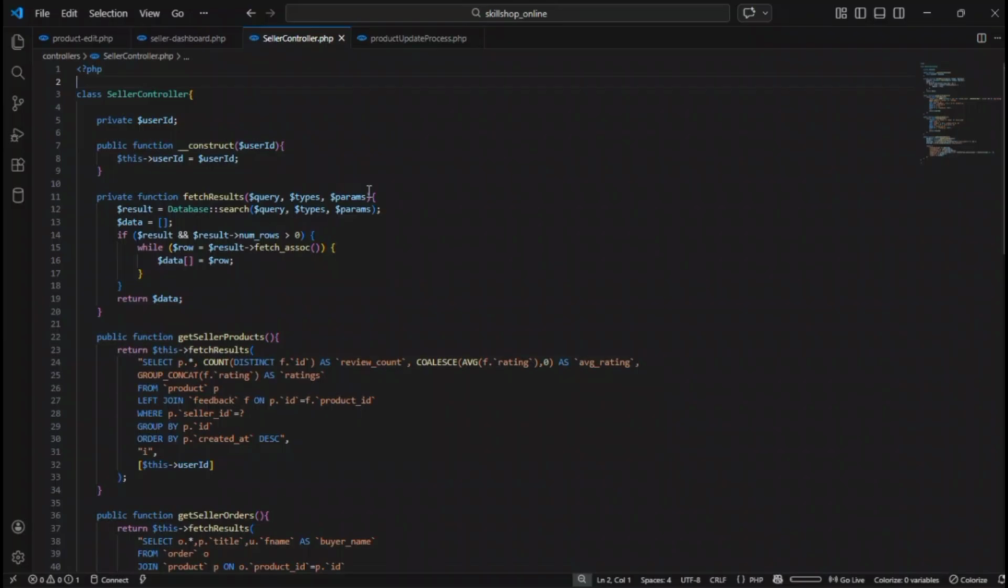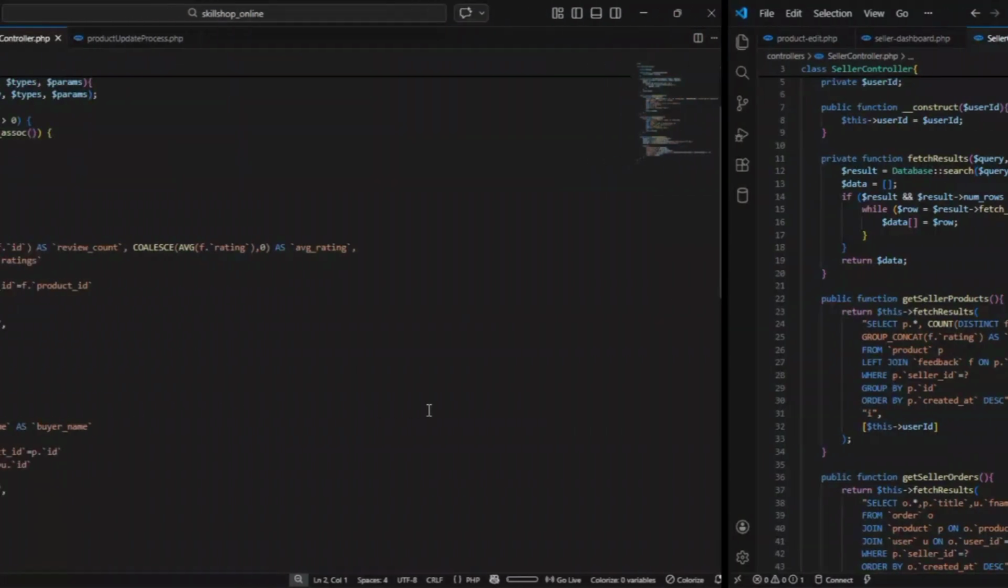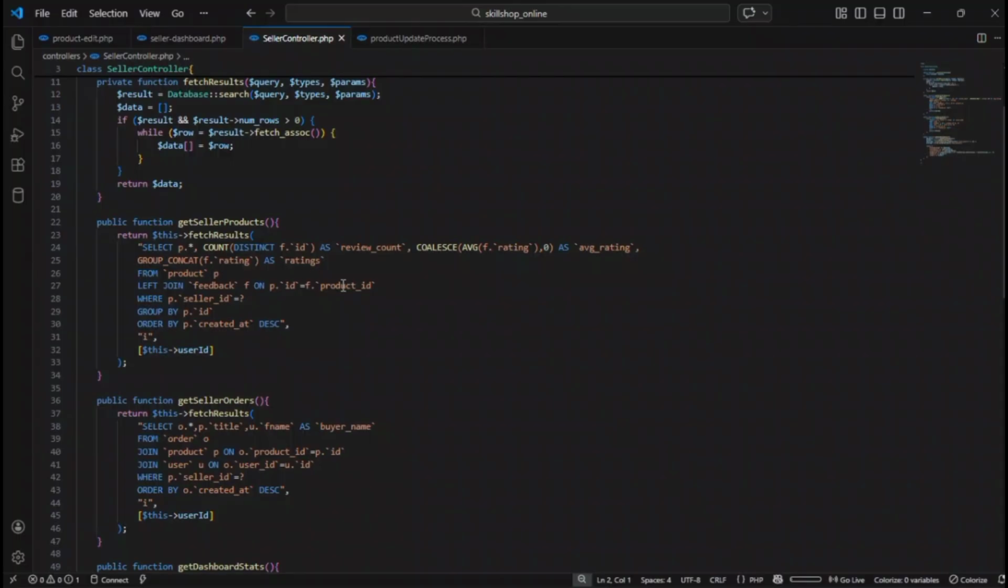And then inside a private function I have fetchResults, with query, types and parameters. So this is a reusable helper function. It fetches all the rows, converts them into an array, and then returns the array. So this avoids repeating the same fetch logic everywhere. Next we have the getSellerProducts function. From the product table we will get all the product columns, and then the total reviews, and then the average rating, and if there is no rating then return 0,